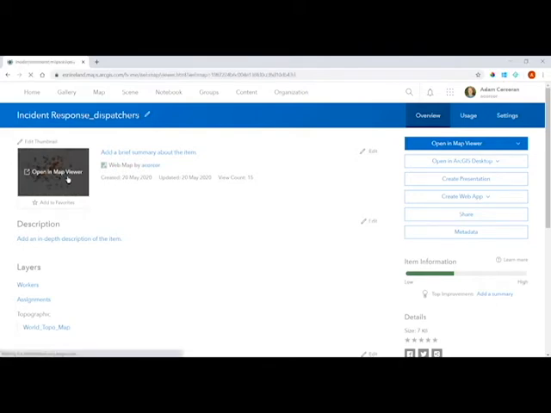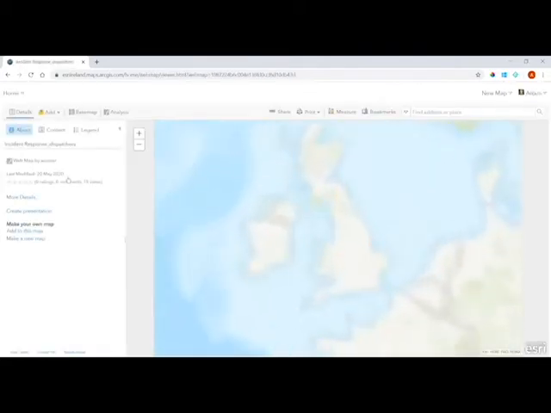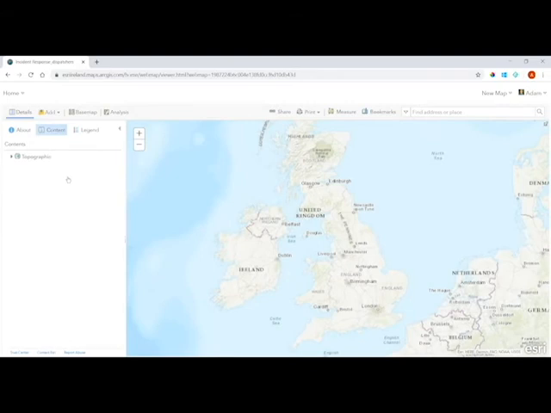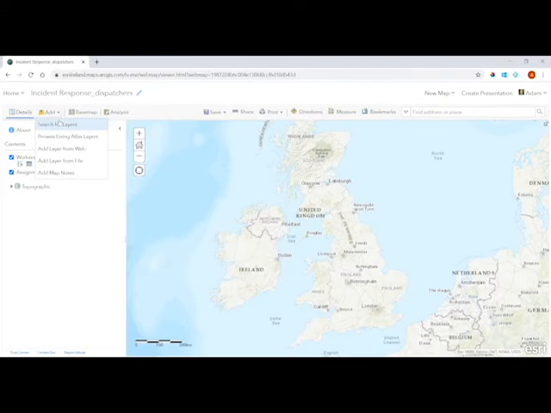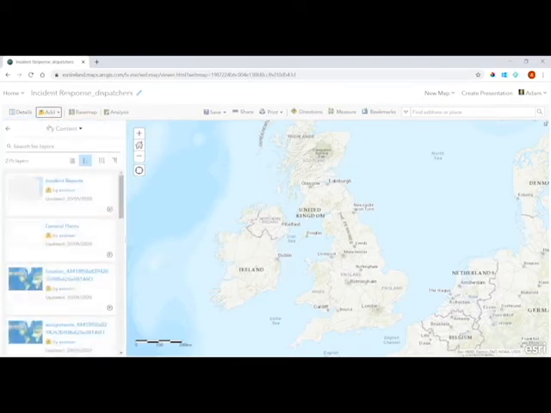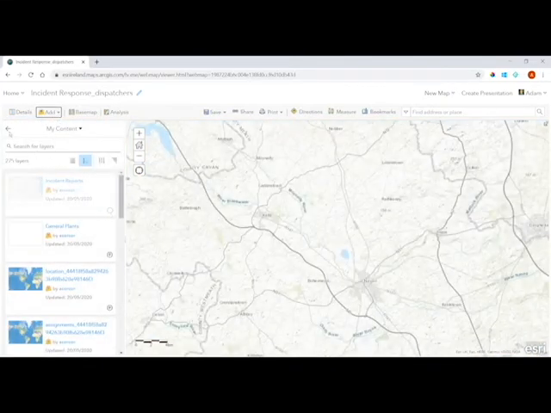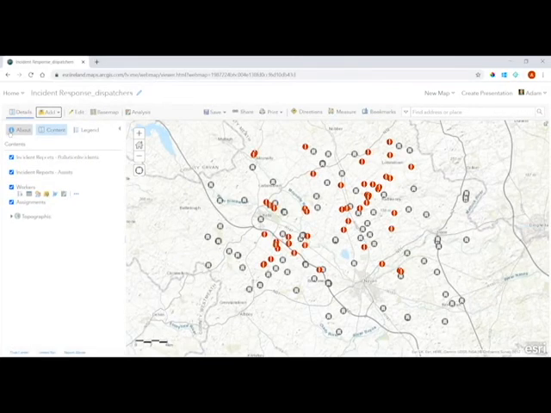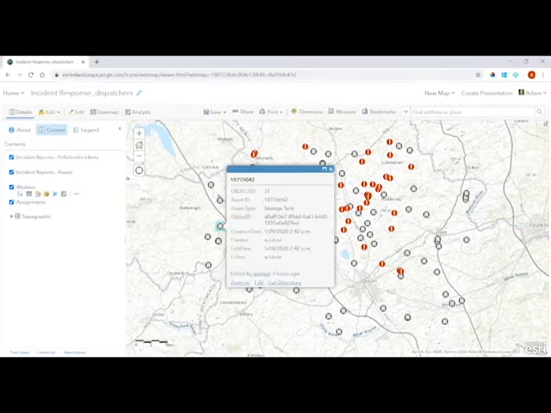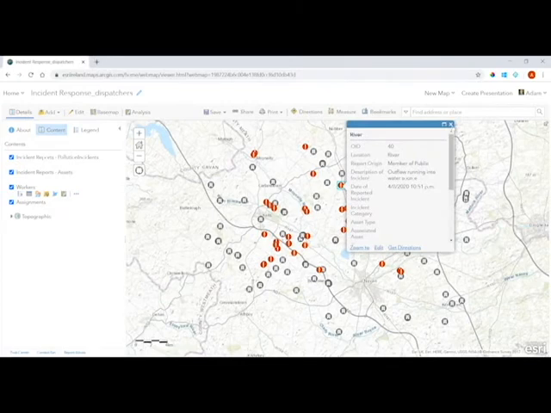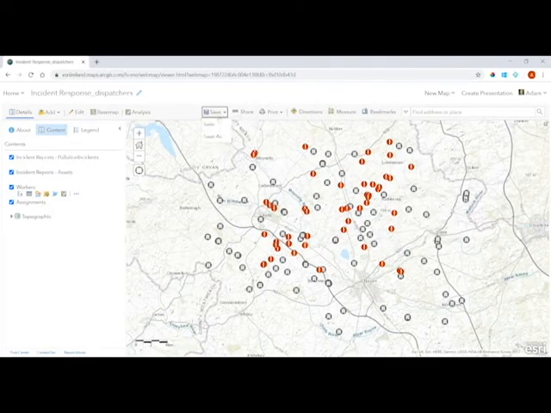So I'm going to go ahead and open that. I'm going to click on open in map viewer. And you can see that's the same extent that I have on my workforce project. Now what I'm going to do is add, search for layers. And I have one here called incident reports. Now you remember that this is the feature layer, that pollution incidents one, that I've configured to run against workforce integrating with collector. And you can see if I click on a point, I have various attribute information about it. Once I save that then,